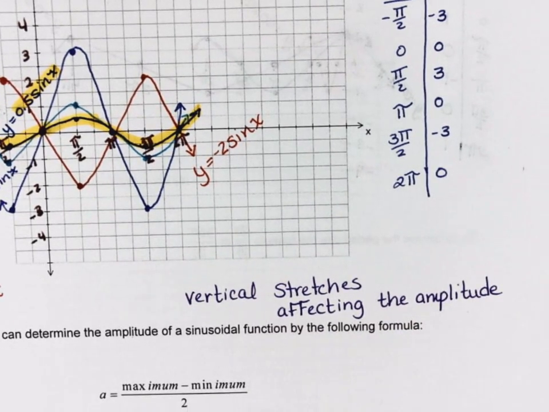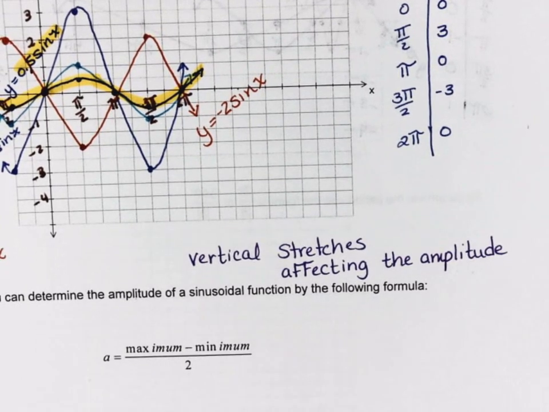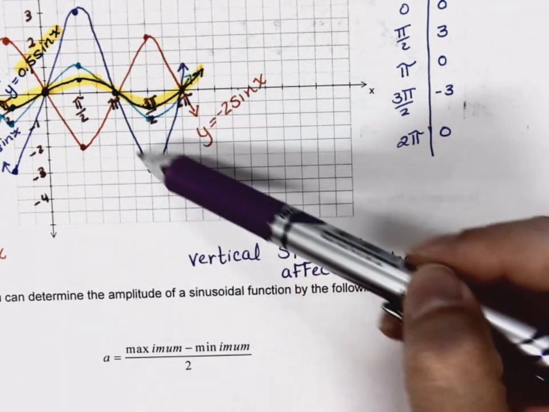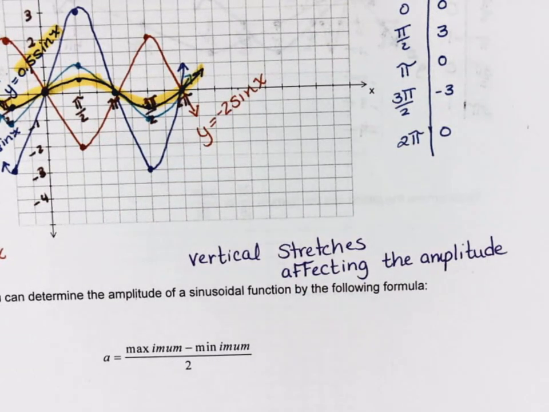Okay, so vertical stretches affect the amplitude after the effect of multiplying. I'm going to ask again, don't worry. So remember this, you guys have younger brains than I do. All right, so you can find the amplitude of, okay, can you see it here? Do you know what the amplitude of this wave is? 3. Do you need to math it out? No. But if you are lost and you have a graph in front of you and I tell you you have to create the equation of it, hint, hint, nudge, nudge, that's 5.3,